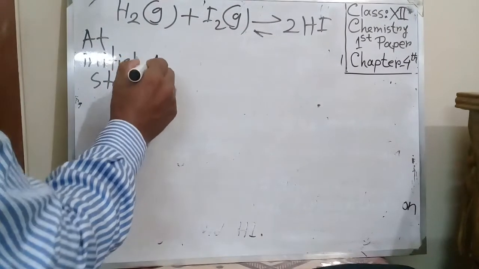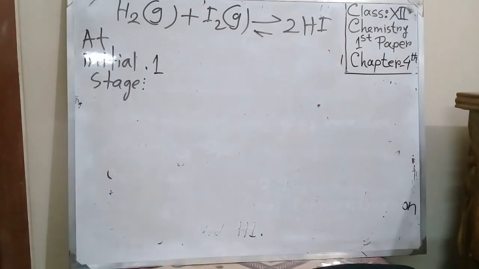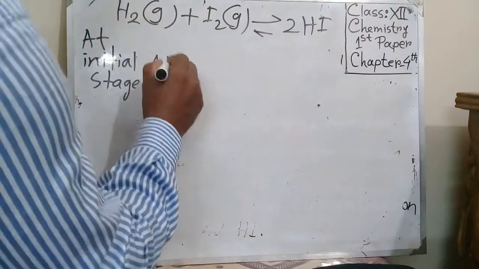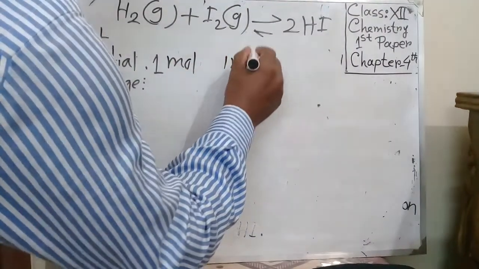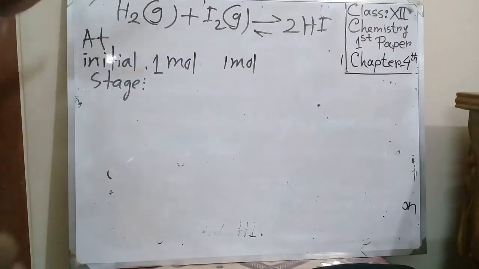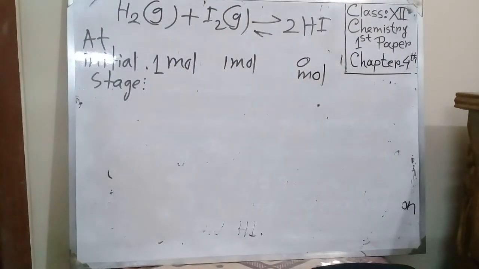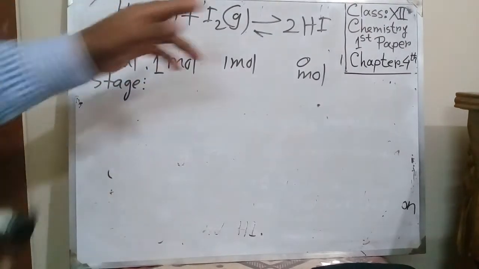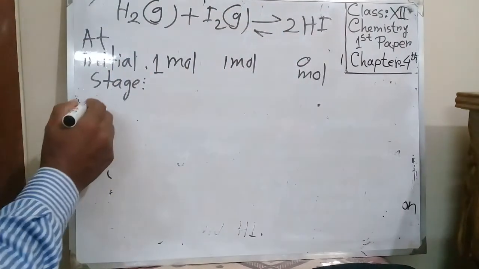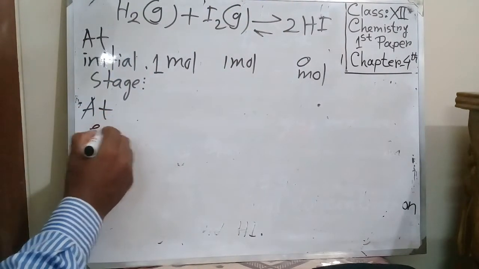In the question, 1 mole of hydrogen and 1 mole of iodine were given, so we'll write 1 mole and 1 mole. At the initial stage 1 mole hydrogen and iodine were taken and we didn't get any product, so 0 mole. Now at the equilibrium stage,